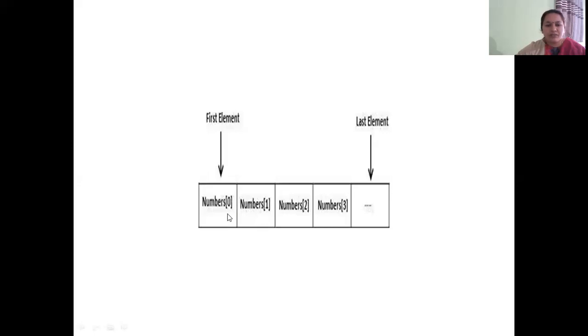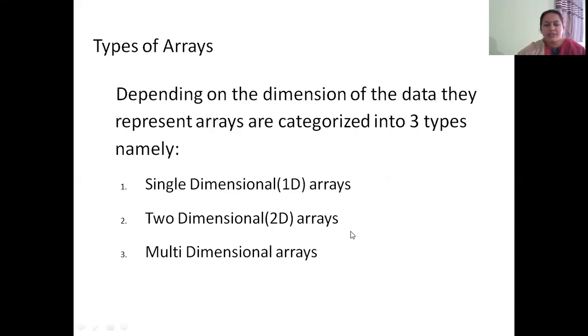Last element will have the subscript of the final element. Since the subscript starts from 0, it will end at n-1. Say we want to store 100 elements, then the subscript will end at 99 because it has started at 0. So number of 0 corresponds to first element, number of 1 corresponds to second element, number of 2 to third element, so on, and number of n-1 corresponds to the last element.